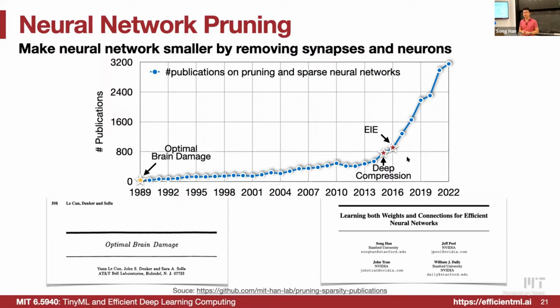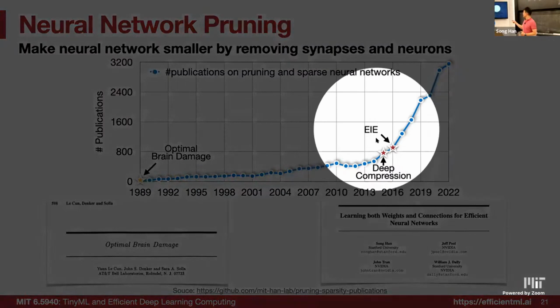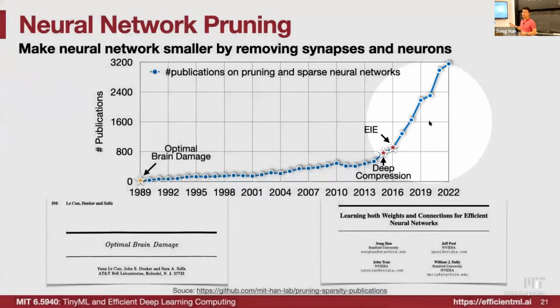There's a lot of opportunity to optimize the hardware efficiency by looking at the algorithm level, right? And then we can also design specialized accelerators like the EIE, the Efficient Inference Engine, to accelerate directly on a